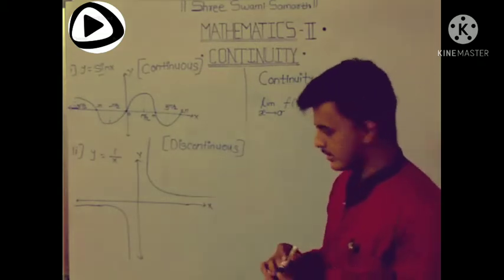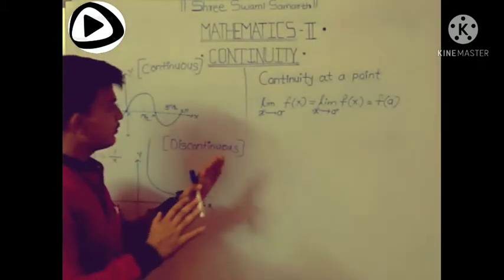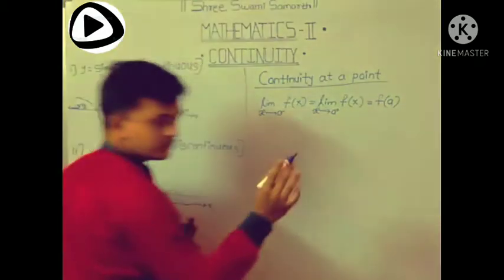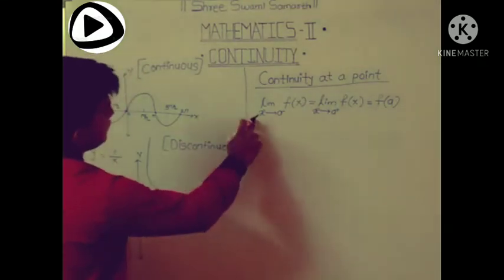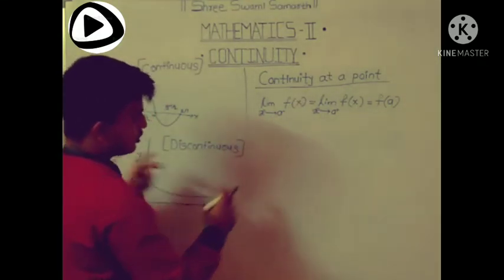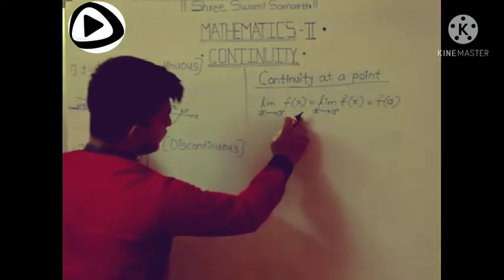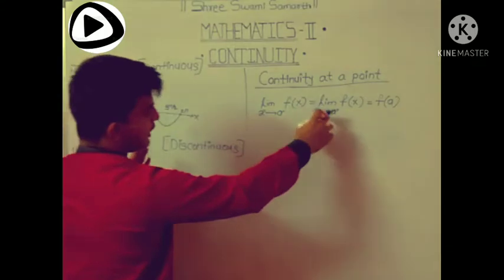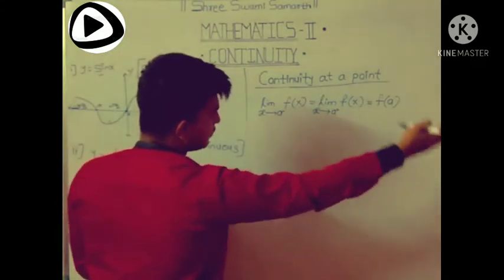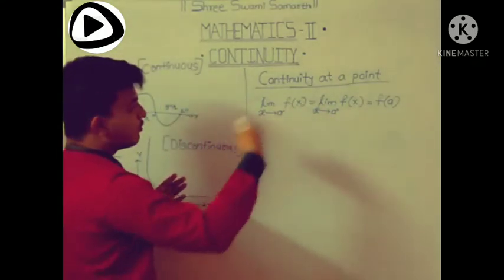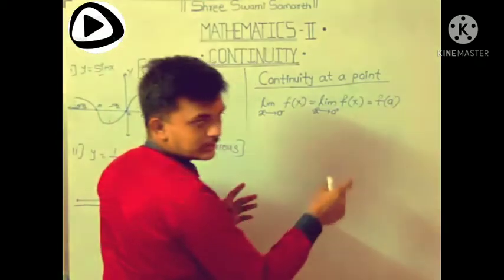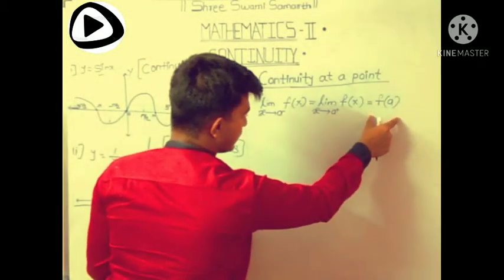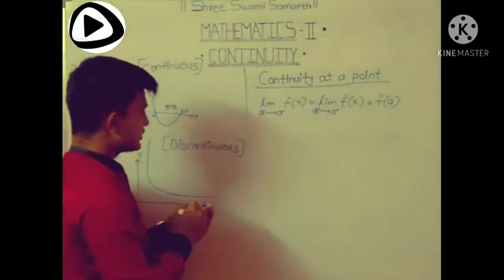Okay, so now let us consider the condition for which the function will be continuous. The condition for which the function will be continuous at that point is limit x tending to a minus of f of x, which is your left-hand limit. When you put the value into the function, the answer should match limit x tending to a plus of f of x, the right-hand limit. And the value of the function at the point you are talking about should also come out the same; only then will your point be called continuous.